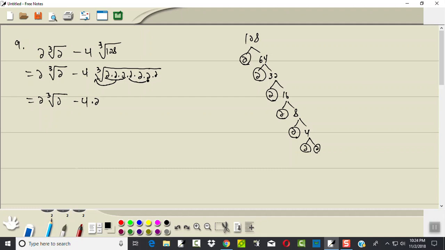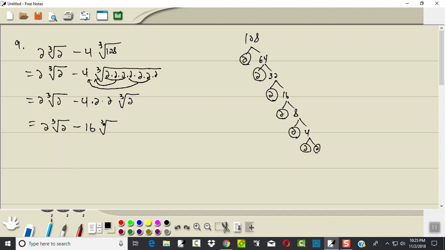When they come out, they're multiplied by whatever's already out there. Here's another set of 3 2's. Because our index is 3, we're looking for a set of 3 of something, and they're going to come out as a single 2. And then we're left with a single 2 inside. Okay, so we got 2 cube root of 2 minus 4 times 2 is 8 times another 2 is 16